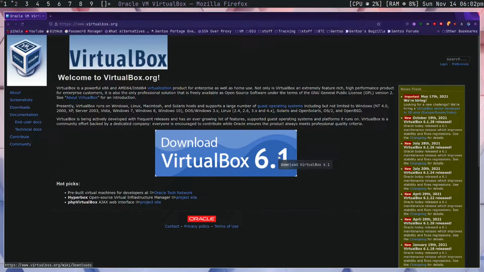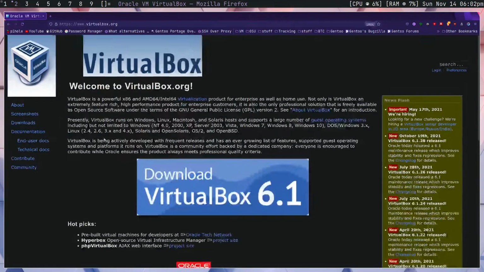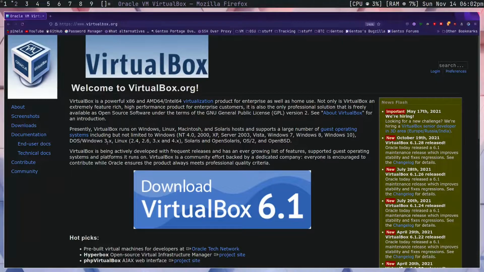Today I wanted to do a video talking about VirtualBox, and I wanted to run through all of the basics with VirtualBox because I find that when people are starting to show interest in virtual machines, the first step usually is not to move on to something advanced like QEMU. They just want to figure out how a virtual machine is made and how they work, but there isn't really a clear way to start because people don't know where to begin. So I wanted to go through VirtualBox because I find that it's a free platform for making